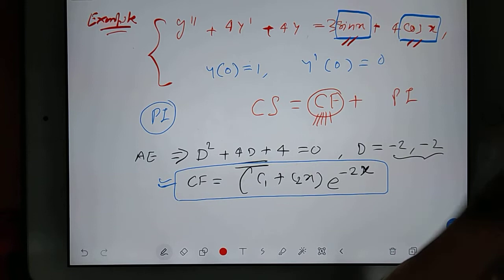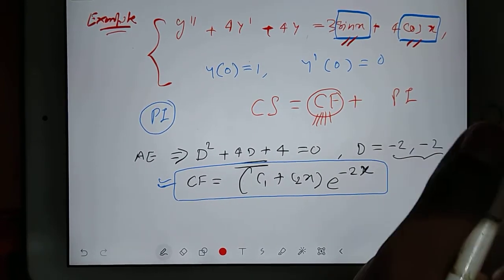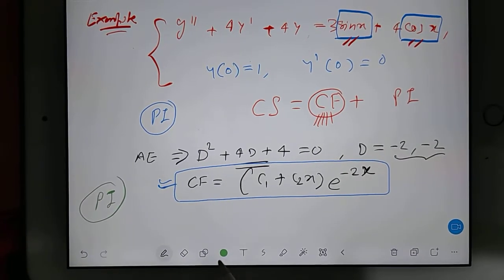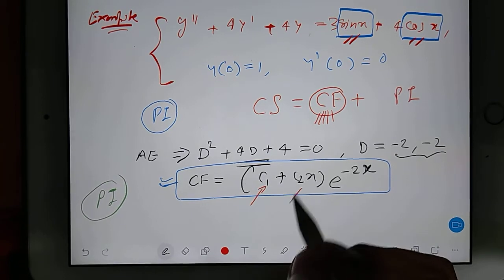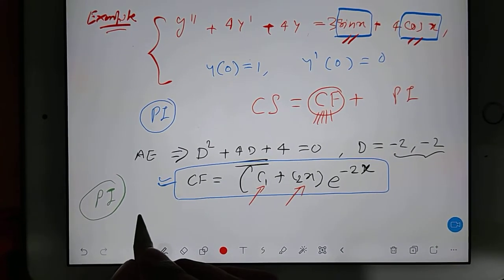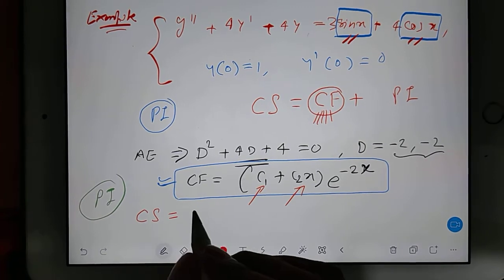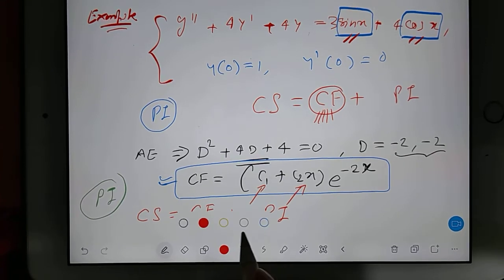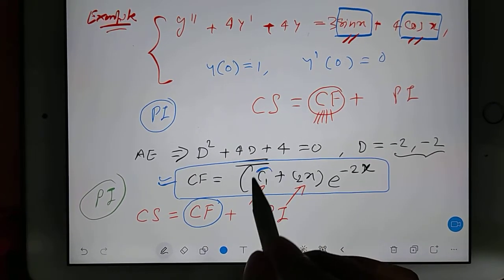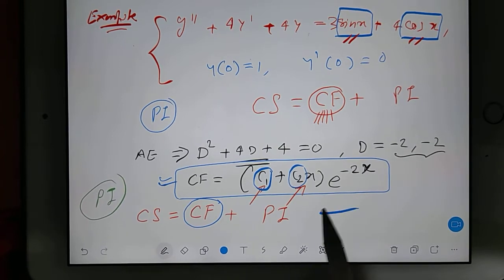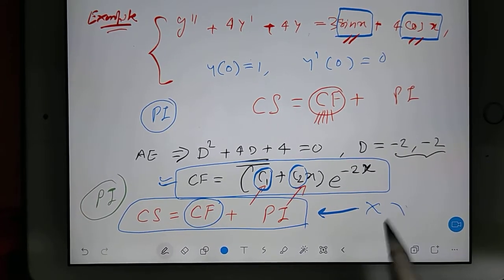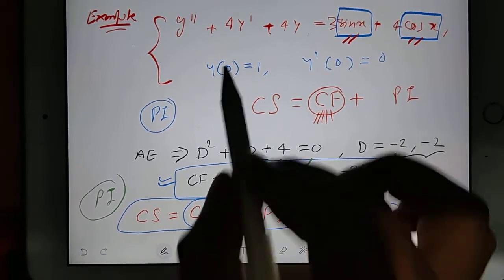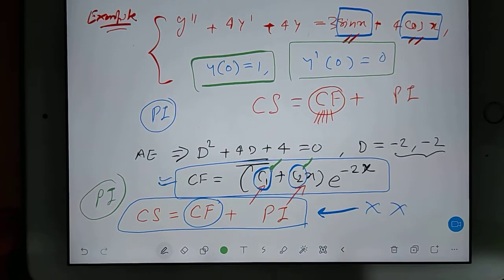So how to calculate PI? You are a master now. Finding PI is not a big deal, you can find it now, but get my point. Here you got C1 and here you got C2. It means when you write your complete solution, the complementary function will come and PI will also come. In the complementary function you got constants C1 and C2. It means the solution you have got is not your complete solution, because you don't know the real values of C1 and C2. For that purpose only these values are given.